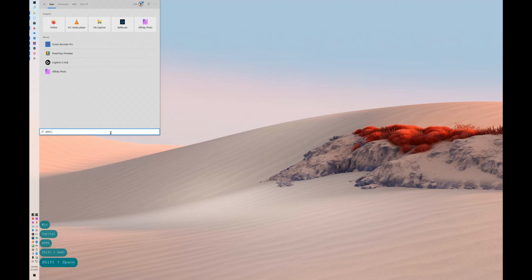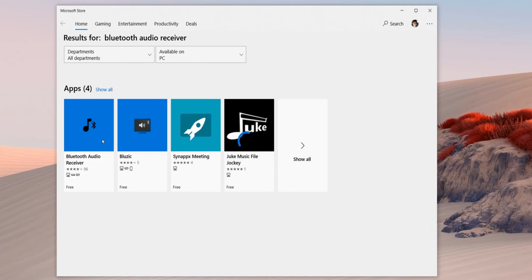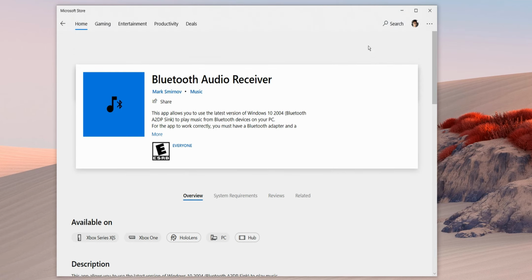So the next thing you need for this to work is an application called Bluetooth Audio Receiver. This is a very simple application, and the only way I know how this can be downloaded is from the Windows Store. I will leave a direct link to the application right below the like button,